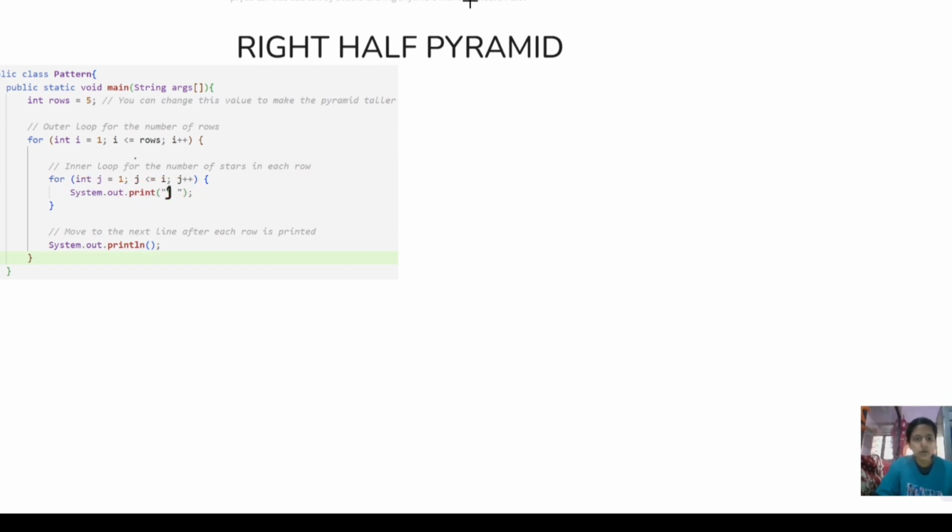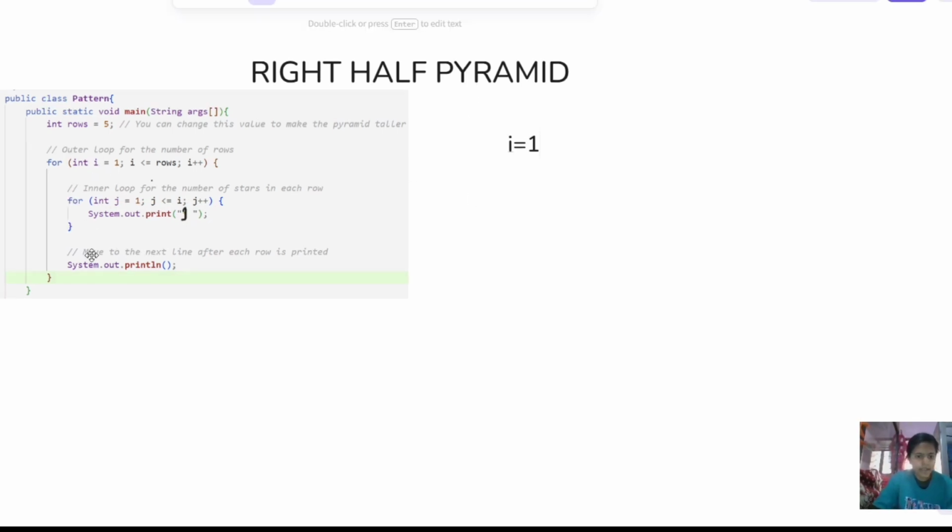So let's try to run the code. i equals 1 and we enter the inner loop when j equals 1. We print the j value, which is 1, and then update j. Now i equals 1 but j equals 2, and we check the condition. It gives false, so this is not printed, and the loop breaks after printing one single line, and then